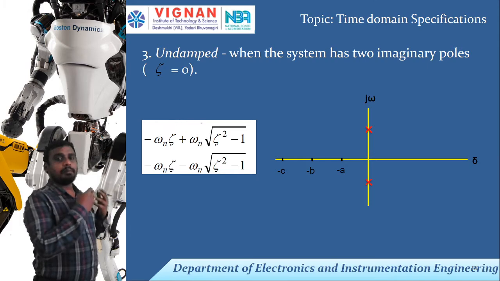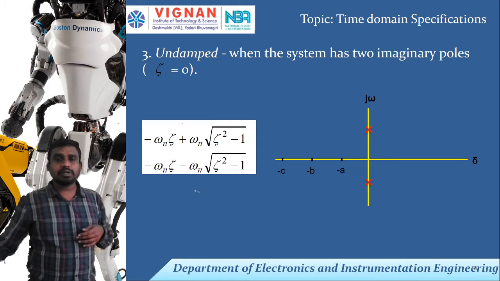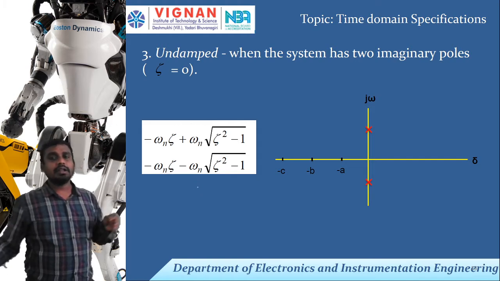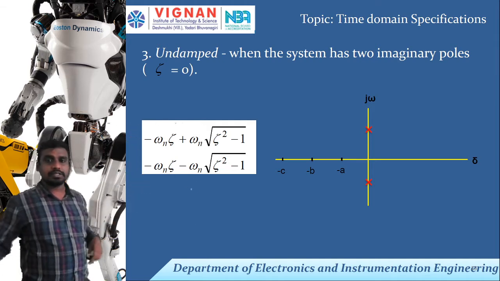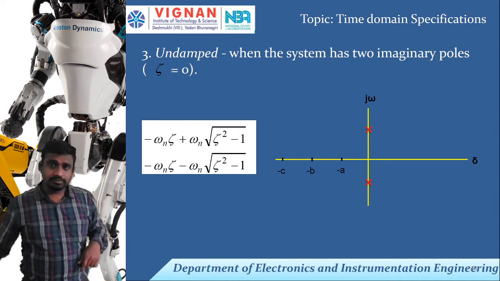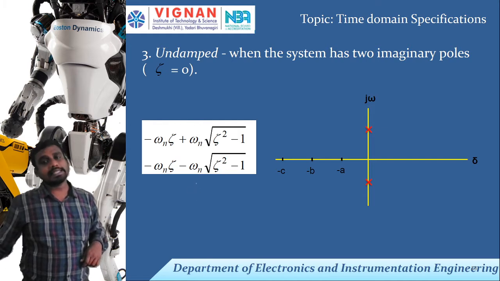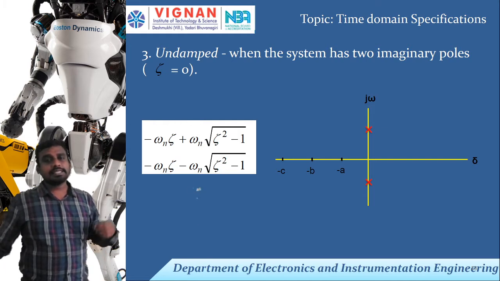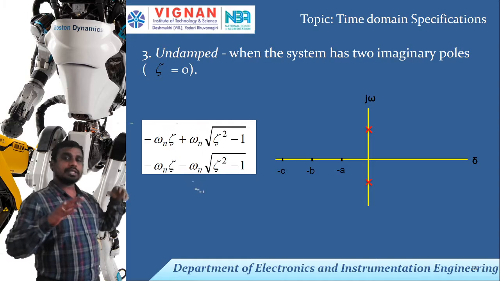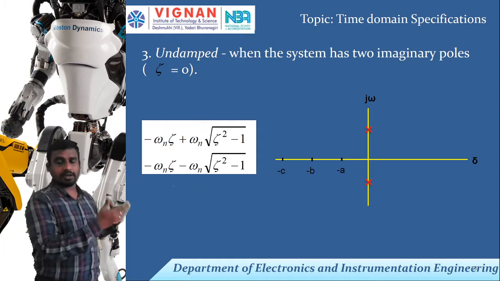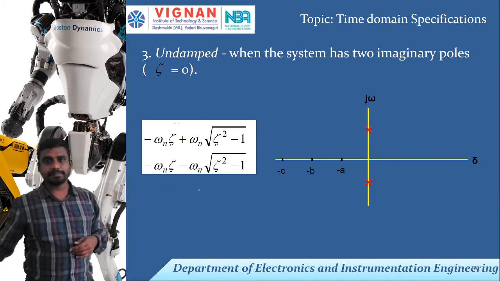When the zeta value is equal to 0, right? Substitute zeta equal to 0 in this characteristic equation, then the poles you get will lie on the imaginary axis, like complex poles. So the poles will be on the imaginary axis, which tells us about the output. We'll discuss this pole location, and how the system will respond when you give certain input to the system, right? We'll see it in the next slide actually.